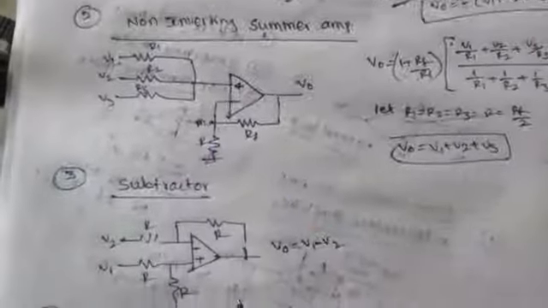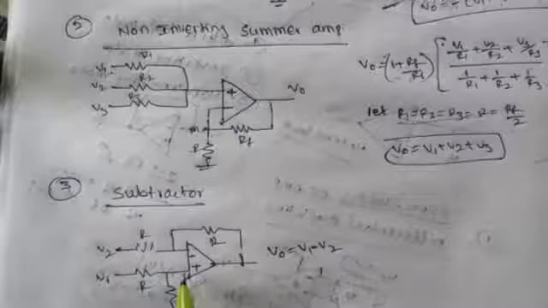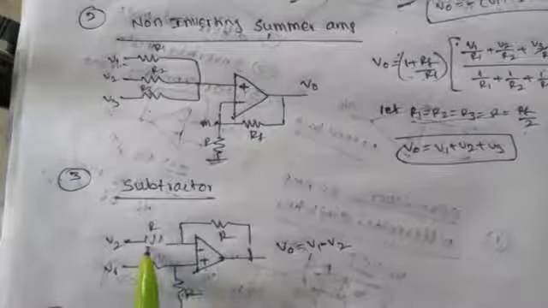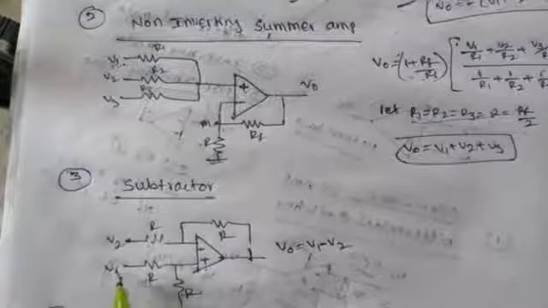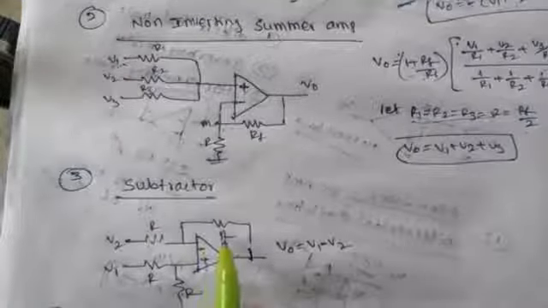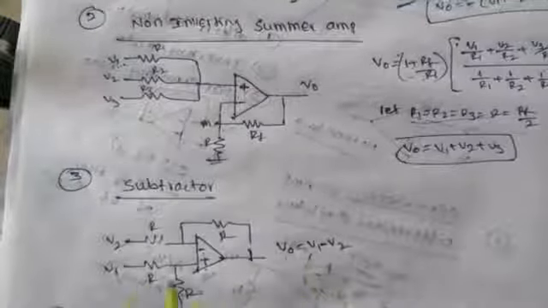And the third application will be the subtractor. I am taking a subtractor, which means two inputs are required, so it will be used in the differential mode of the operational amplifier. In that operational amplifier, you can consider the feedback path is there. Then here R, and V1 is applied to the non-inverting supply and V2 is applied to the inverting supply. Here the gain will be A. These two resistors are equal as well as these two resistors are equal, so the gain will be unity gain. Then the output voltage is equal to V1 minus V2.